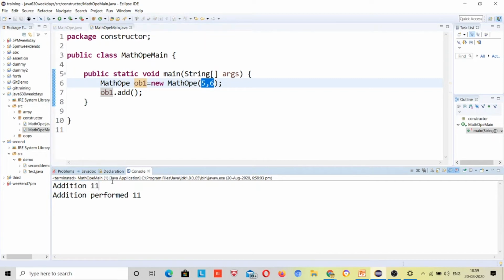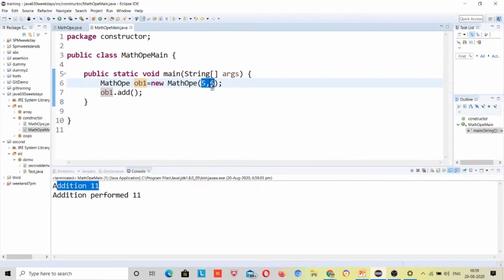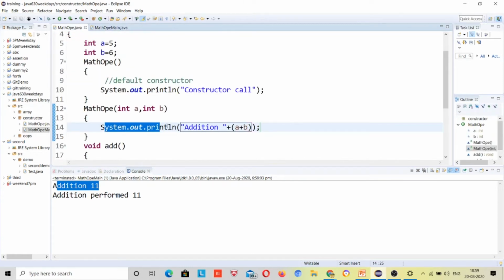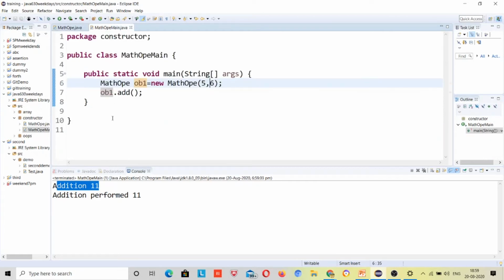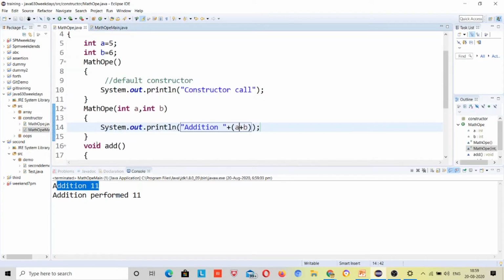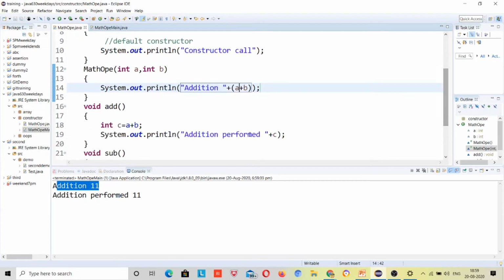First your parameterized constructor is called, it went directly over here, called the two-parameter constructor, and performed the addition, 11. Next, you called object dot add, so it called the addition method later on, and completed the instructions of the addition method.